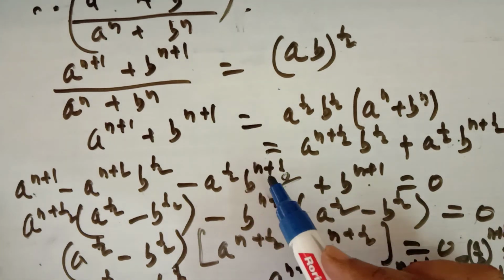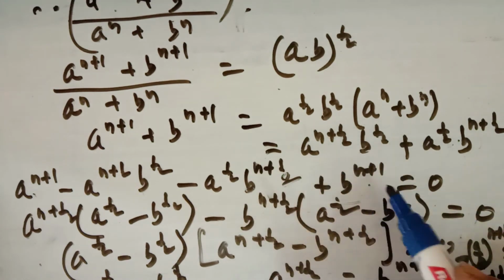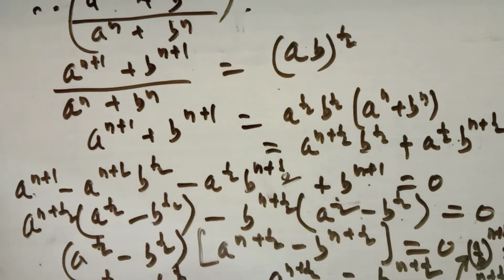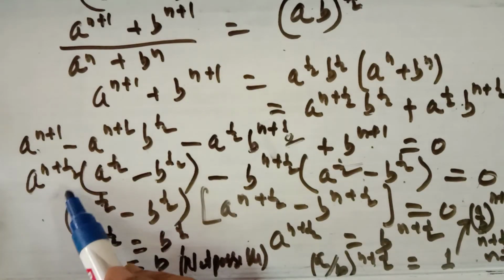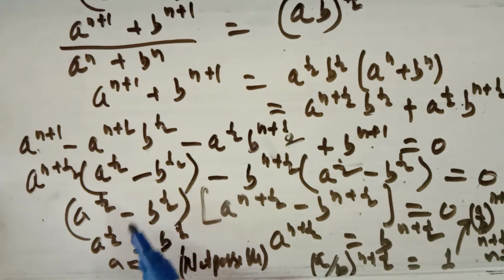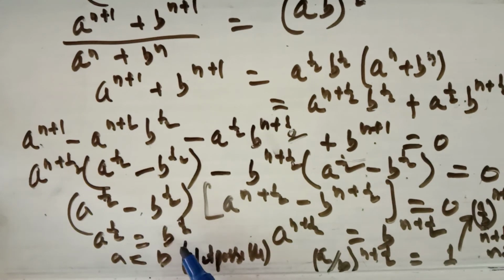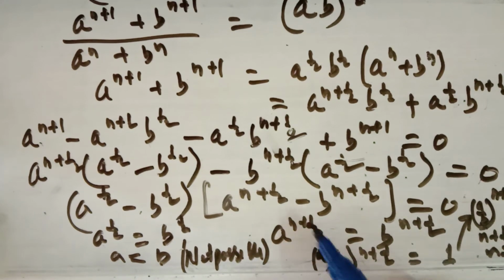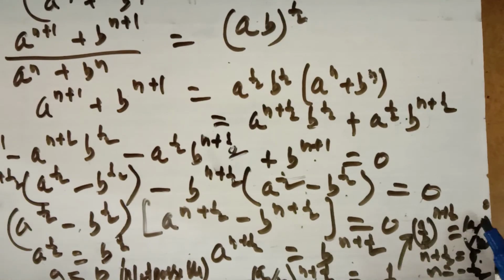When you take b^(n+1/2) common, so here it will be b^(1/2). So a^(1/2) minus b^(1/2) is common. So you'll get a^(n+1/2) here and b^(n+1/2) here. When you put them equal to 0, this will give a is equal to b, which cannot be possible. And from here you will get a^(n+1/2) is equal to b^(n+1/2). You take to the left hand side, so it will become (a/b)^(n+1/2) equal to 1. For 1, you can take (a/b)^0. When the bases are same, the power n plus half is equal to 0 and the value of n is equal to minus half.